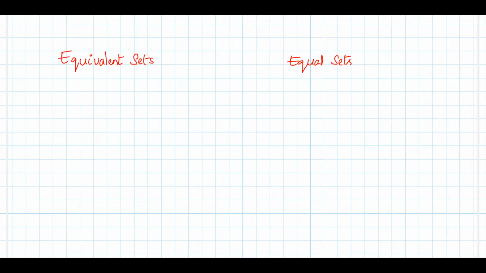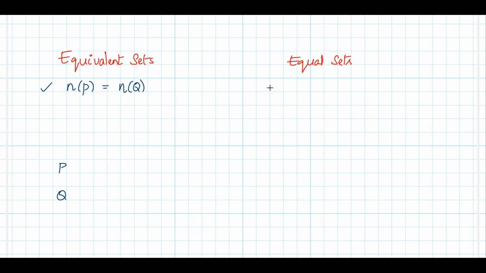All right. So let's say the two sets are P and Q. When do we call these two sets equivalent sets? If the cardinality of these two sets is exactly the same, then we call them equivalent sets. It's that simple. If the cardinal number of set P, which is n of P, and the cardinal number of set Q, which is n of Q, are exactly the same, then we call these two sets equivalent sets. That's it. This is the only condition.